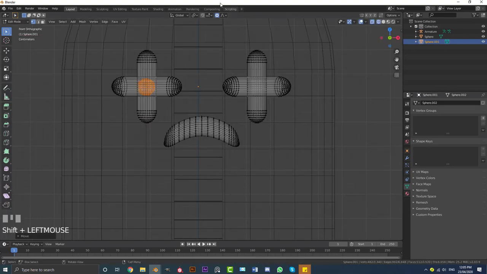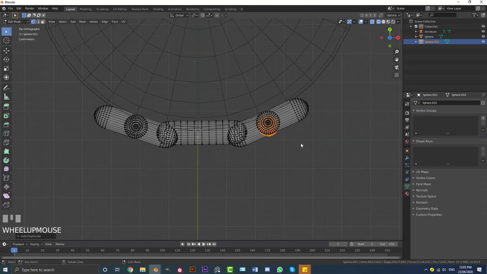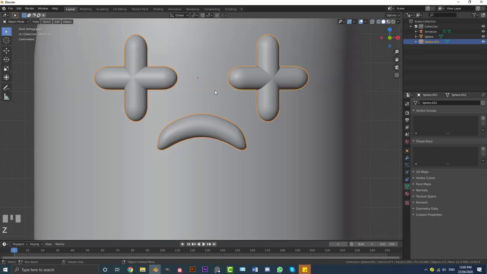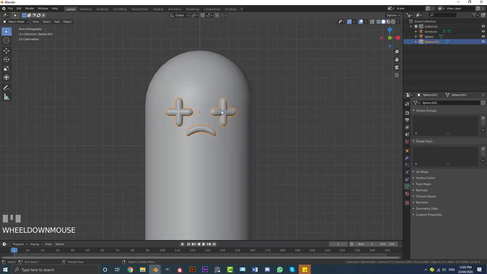Doesn't have to be perfect. And we're going to do the same on the other side. Shift D and just move this guy over to the other side. And I'm going to explain this in a second. It'll make sense. I know it looks really weird right now. So just like that. Go back into object mode, and what we're going to do now is go to our